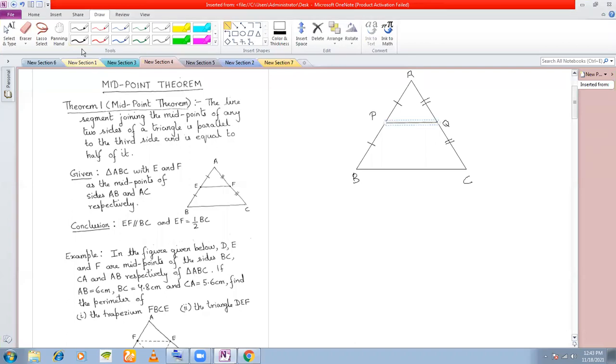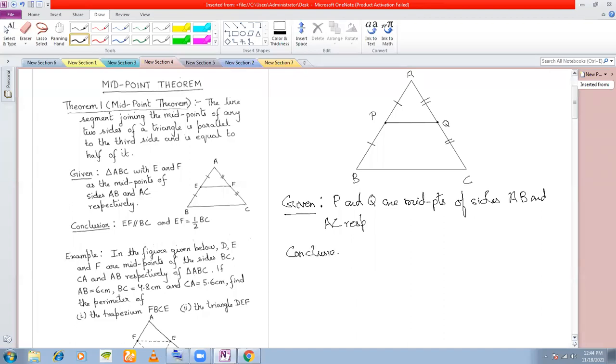So what is given to you here? According to the theorem, this is given here: P and Q are midpoints of sides AB and AC respectively. If this is given to you, then according to the midpoint theorem, you can conclude